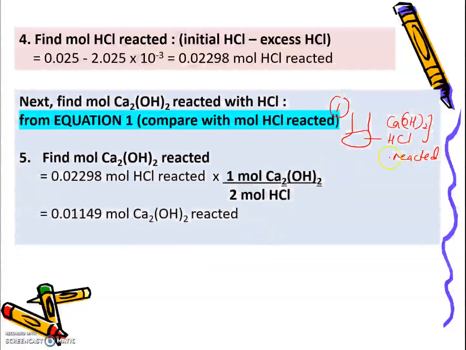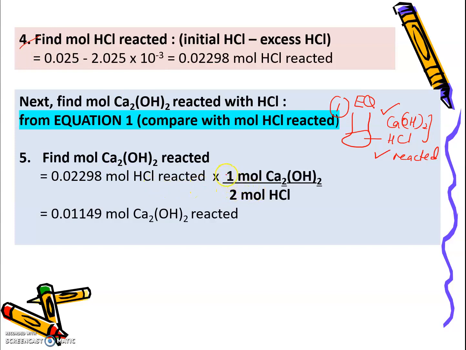Okay, so after we find the number of mole of HCl reacted, to find the number of mole calcium hydroxide reacted, we compare equation 1, from drawing number 1. So from the mole HCl reacted that we found here, 0.02298 mole HCl reacted,